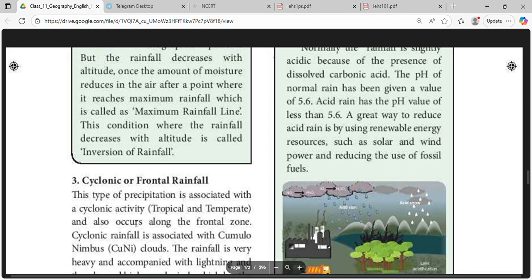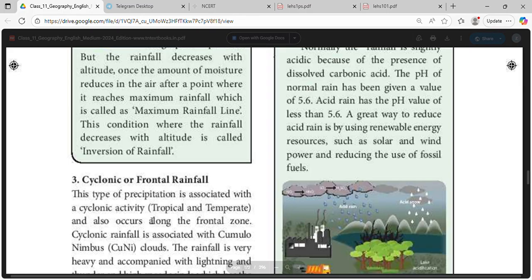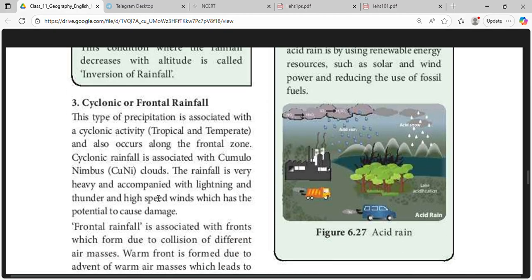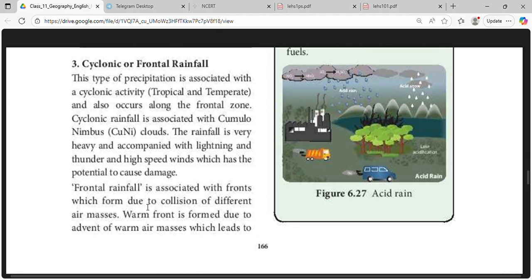This type of precipitation is associated with the cyclonic activity, tropical and temperate, and also occurs along the frontal zone. Cyclonic rainfall is associated with cumulonimbus clouds. This rainfall is very heavy and is accompanied with lightning and thunder and high-speed winds which has the potential to cause damage. Frontal rainfall is associated with fronts which form due to collision of different air masses. Warm front is formed due to advent of warm air masses which leads